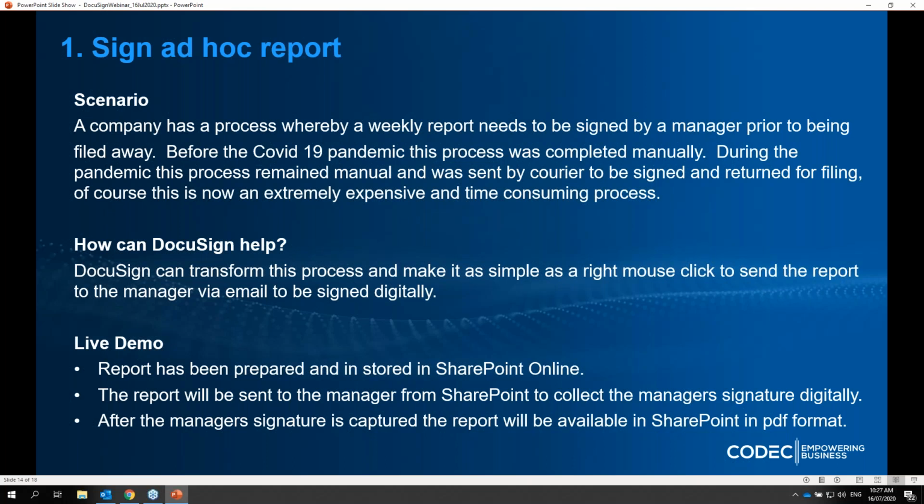So DocuSign to the rescue here. DocuSign can completely transform this process and make it as simple as a right mouse click to send the report to the manager for signing, signing digitally, that is. So in the demo we're going to see, the report has already been prepared and is stored in